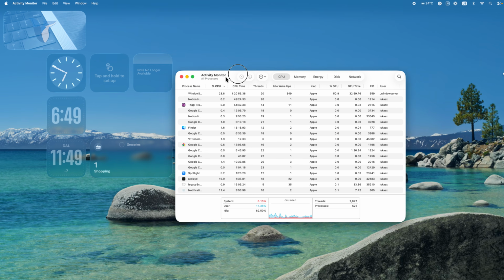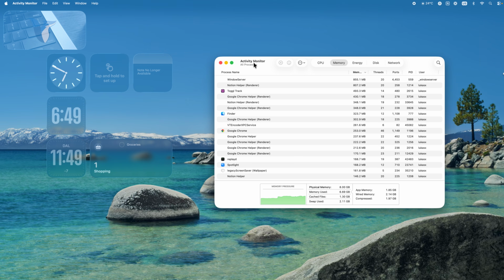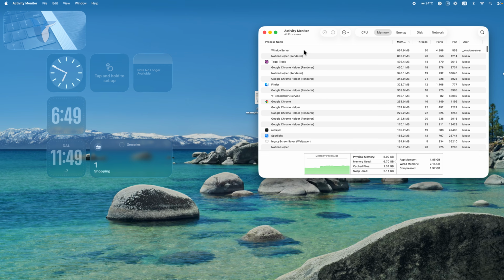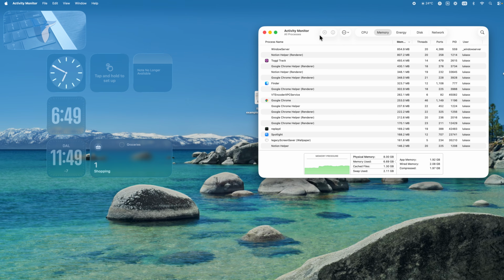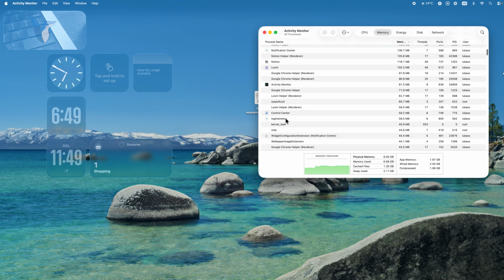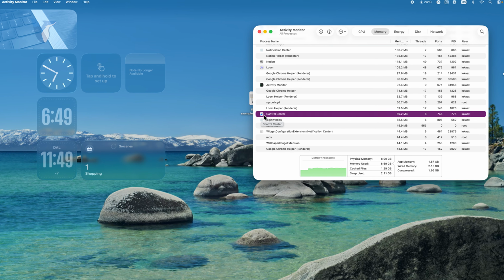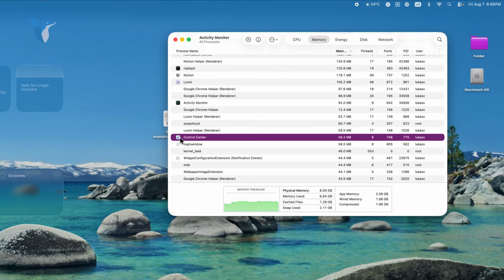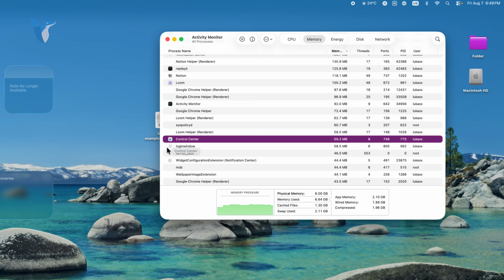Make sure you switch from the CPU to memory like that, and these are all of the things which are currently going on your Mac, which are using your RAM. And one of these things should be the Control Center. So as you can see for me, it is right there. It is a process which is native to Apple. Obviously, it is supposed to run, but if anything happens to the Control Center, you can find it in here,